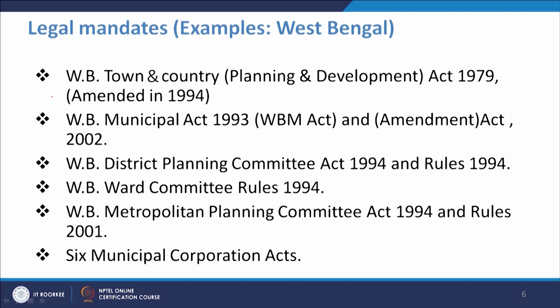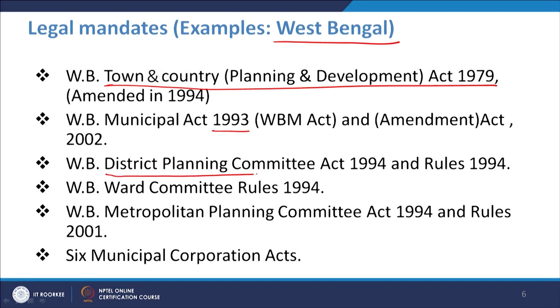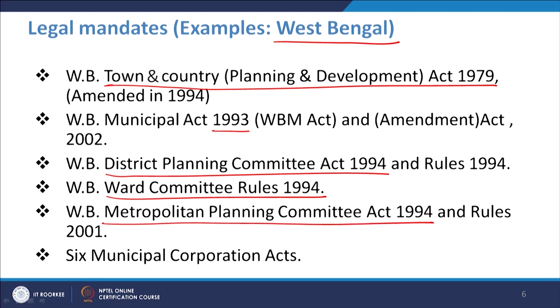So, let us take an example of what kinds of acts and regulations there are. We have taken the example of West Bengal, because some of the acts were formed very early. The first act was the West Bengal Town and Country Planning Act, which came in 1979 and was amended later on. Then the West Bengal Municipal Act 1992, and its amendment came in 2002. West Bengal District Planning Committee Act 1994, Ward Committee Rules 1994, Metropolitan Planning Committee Act 1994 and rules, and other